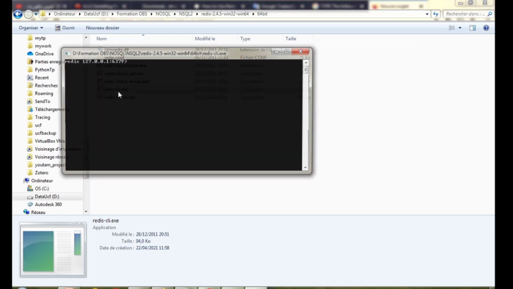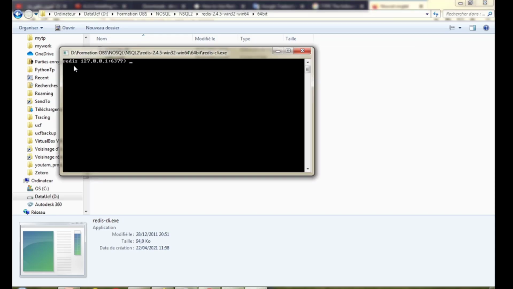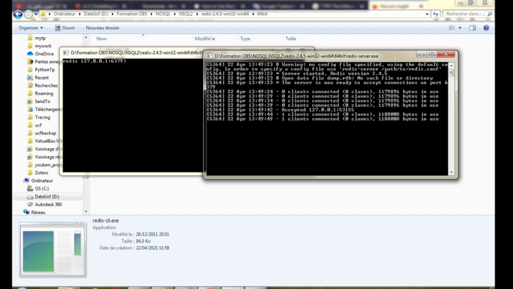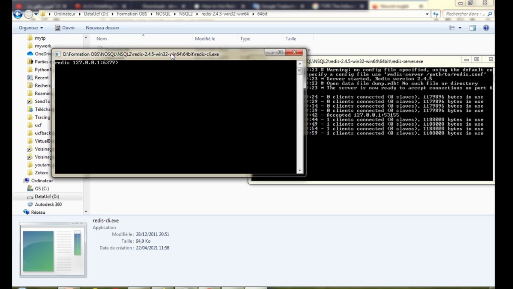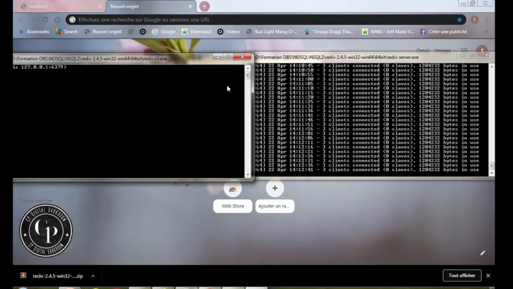This is the second program. Now Redis is connected to the server with port 6379. Now I have one client connected, and here I have the client and the server.